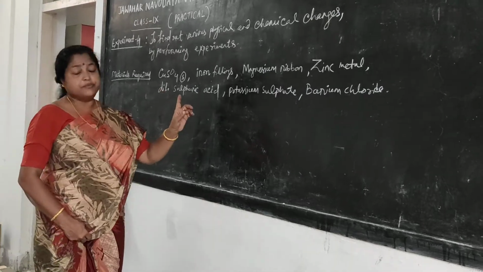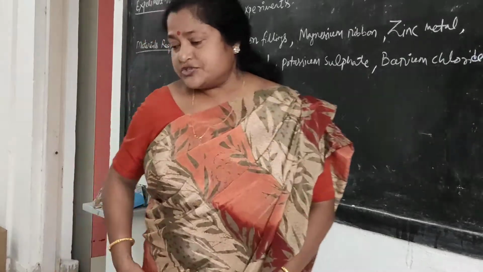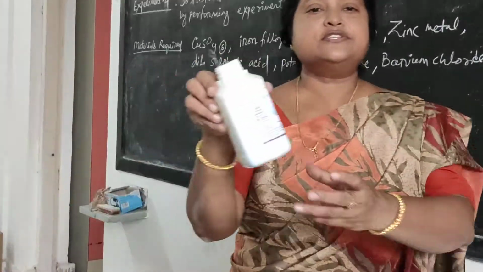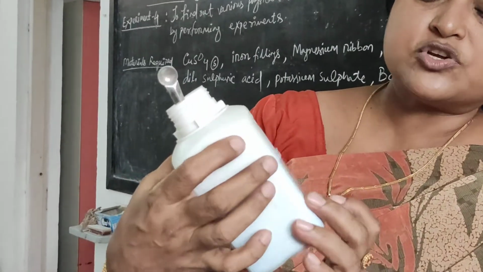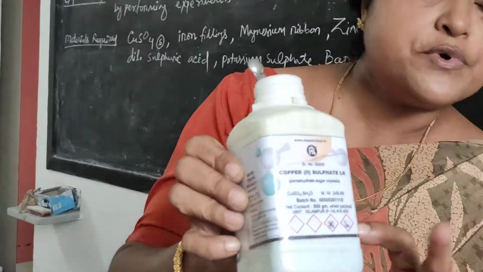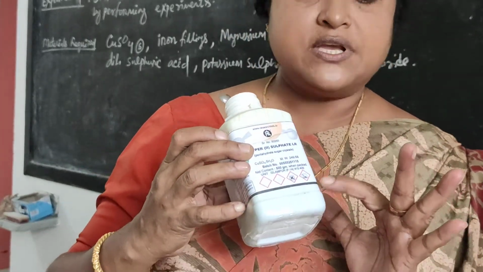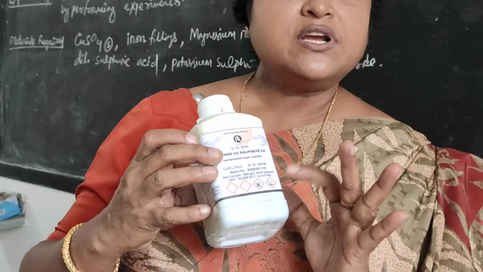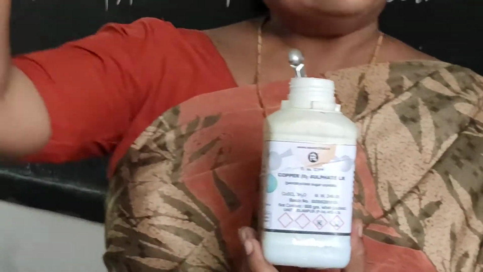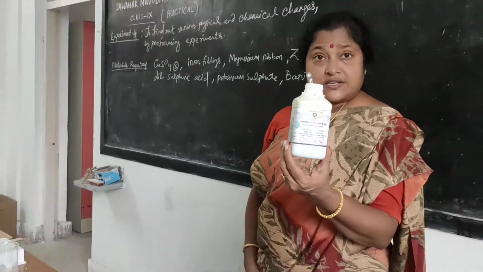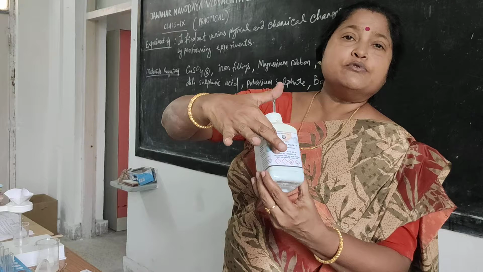The first chemical change will be between iron and the copper sulfate solution. Okay students, for your benefit, this is your copper sulfate. You see how the copper sulfate box looks and whatever the symbols. When you grow older, you will be studying what these symbols mean, whether it is corrosive, flammable, highly volatile, a poison, or not a poison. This type of symbols will help you to study more.